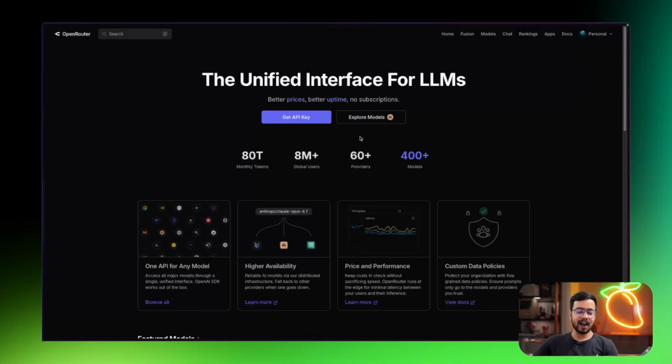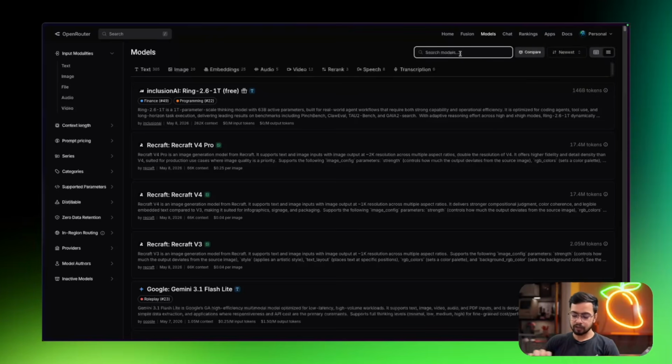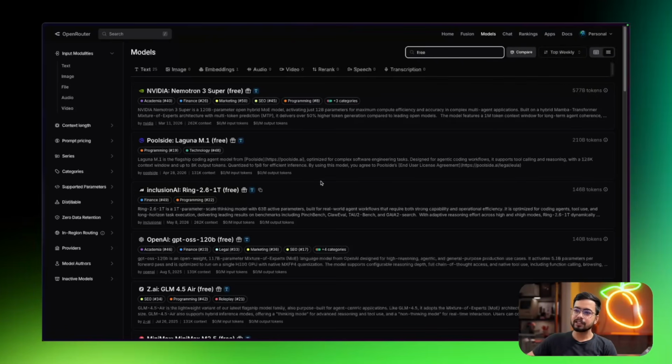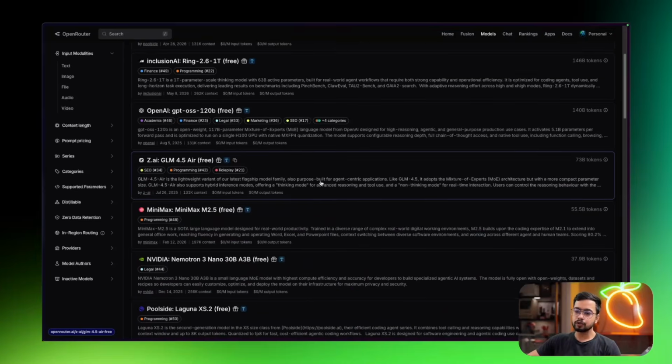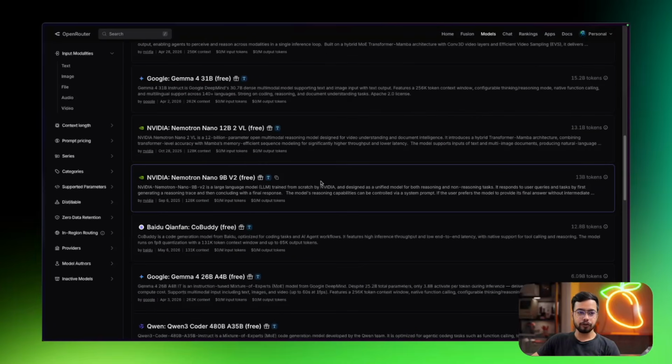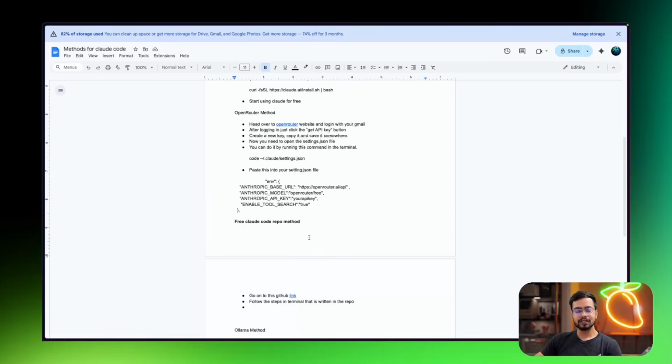And you can see that after going on to this models tab on the OpenRouter website, here you just have to search the free models and you can see the list of all the free models that you can use with one API. I'll keep that for you guys to search around. After trying a bunch of LLM providers out there in the market, these two in my opinion are the ones which work really good. So coming on to the third step, you just need to go to the documentation